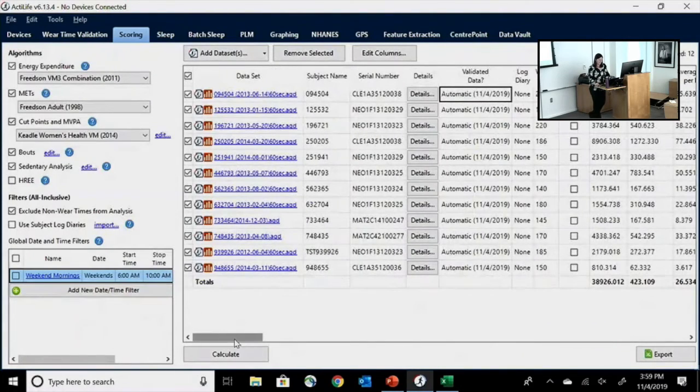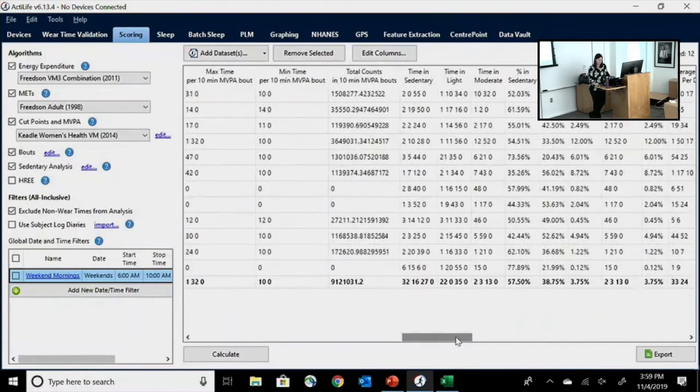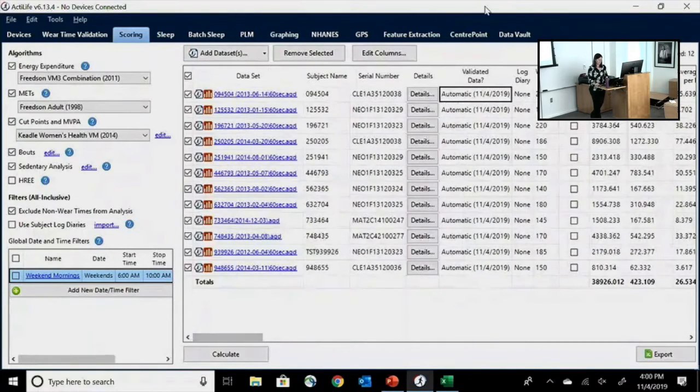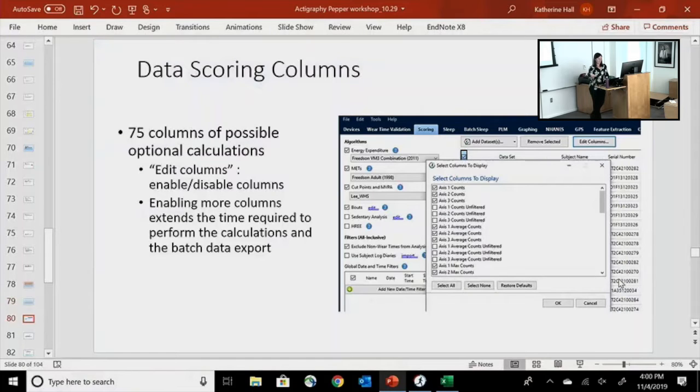Again, you're not interested in what's going on with Axis 1 or Axis 3. I'm not interested in what's going on with total count. A lot of this is extraneous stuff. But to export it into a usable file, you export it to Excel. And we have found that tends to be the most reliable way that then can be read by multiple analysis packages, R, SAS, SPSS. They can all import it and use it and match on ID